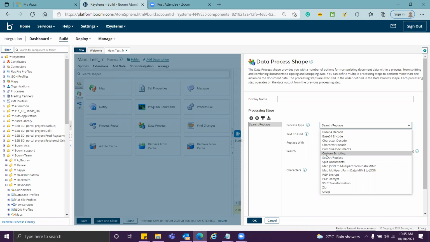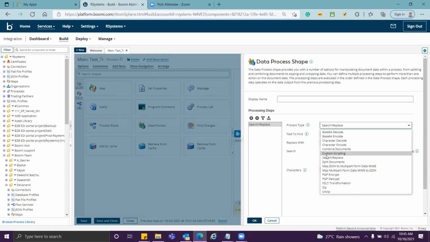Meaning, suppose there is no function within Boomi that you can use to convert date time to seconds or milliseconds. All right. So those things you can do via custom scripting.